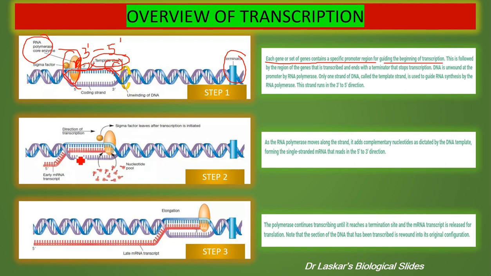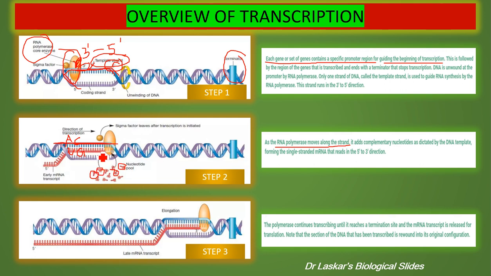In second stage, as the RNA polymerase moves along the strand, it adds complementary nucleotides. These are nucleotides. Suppose here it is A in that DNA strand, so here it adds U. If it is C, here in the mRNA molecule, in that place it places G. So in this way it adds complementary nucleotides, as directed by the DNA template strand,